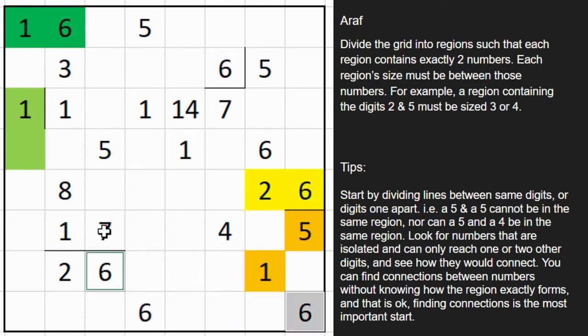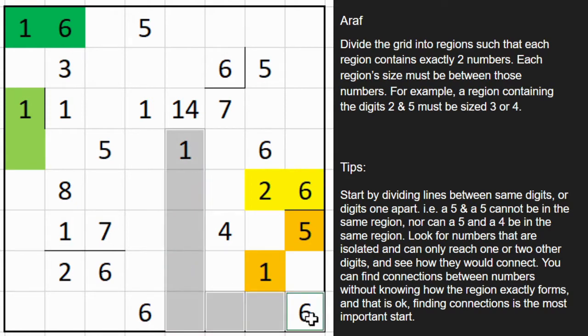That's forced because again the 6s can't connect there. You can't connect with this number, can't connect with this number. Those would be consecutive numbers. Can't connect with this 1 here because that would be 1, 2, 3, 4, 5, 6, 7, 8. It's too big of a region, right? So